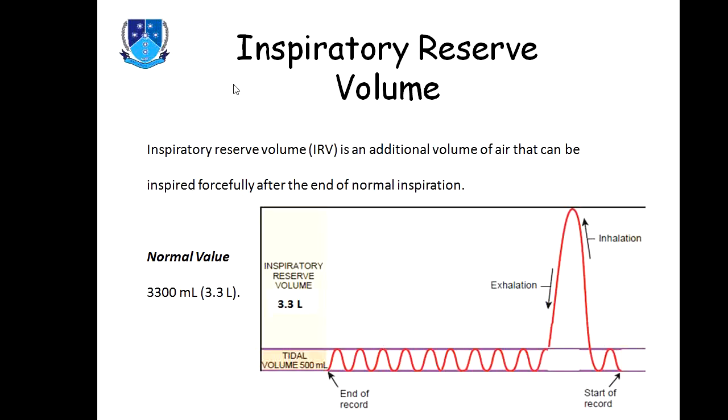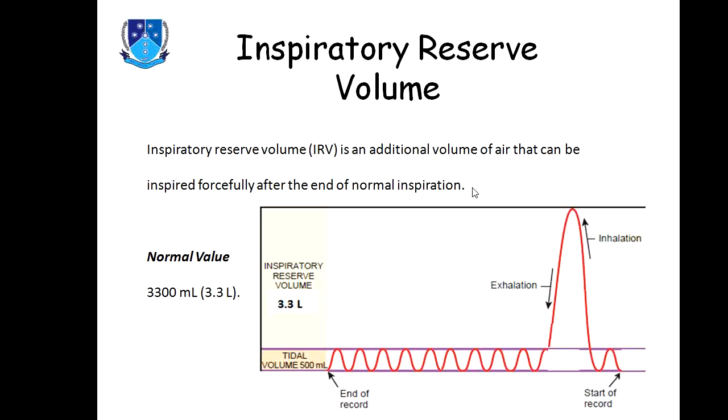The second one is inspiratory reserve volume. That is an additional volume of air that can be inspired forcefully after the end of normal inspiration. It means that when we inhale the air normally, and if we want to inhale further air, we can inhale forcefully. That volume of air which can be inhaled forcefully after the normal inhalation is